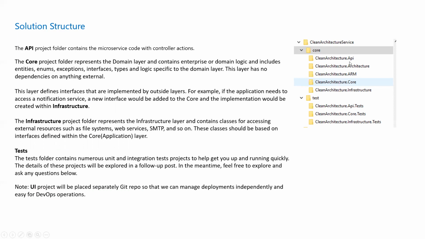The core will have the API and the architecture project, so that you will actually be validating your architecture and the layers. You can also have the ARM templates folder here to spin up the Azure resources. And then you will have the actual application core and the infrastructure, and then all your test cases. So I've created the API test. Each project will have a separate test project. Within API, you can have integration, unit, and functional testing. The same goes for the other folders also.